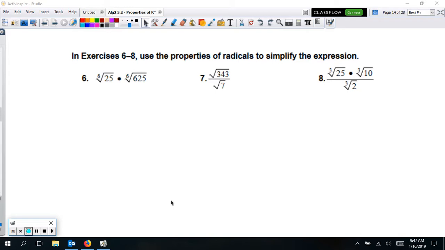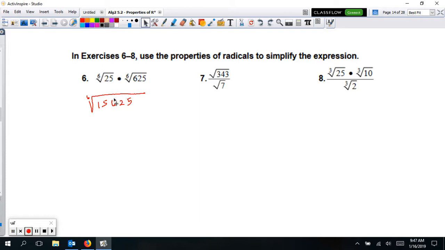Okay, so 6 through 8, we're using those properties of the radicals to now simplify these expressions. So we talked about this before. If you have the same radical, you can multiply what's underneath these radicals. They're both sixth roots, so you can multiply 25 times 625. That's going to give us